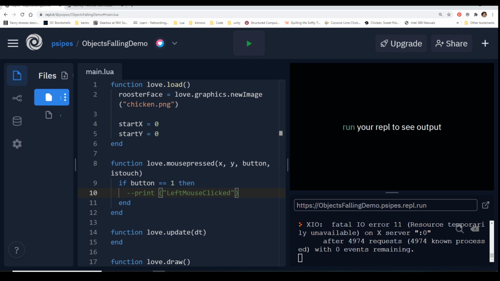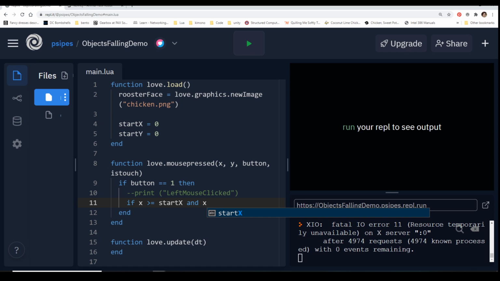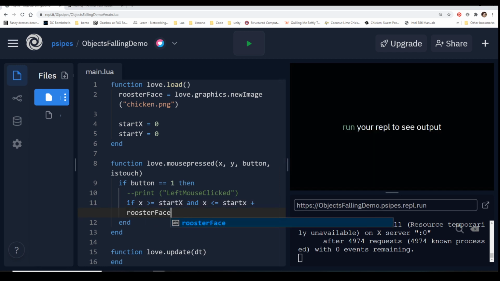And again, we talked about this. We want to say if the position of the mouse, so X, is greater than or equal to start X. So if it's greater than that 0 on the x-axis, but also less than start X, because we need to get that start point, plus, and this is one of the best things, there's a built-in function for getting the width and getting the height of an image, and to do that, all we've got to do is rooster face colon get width,